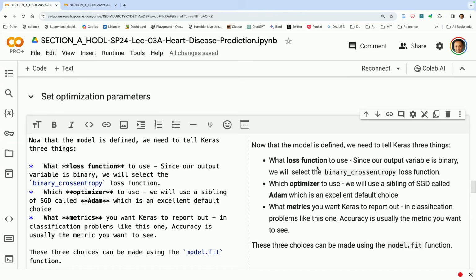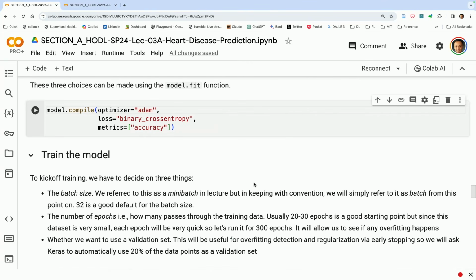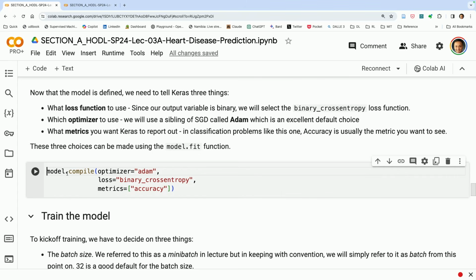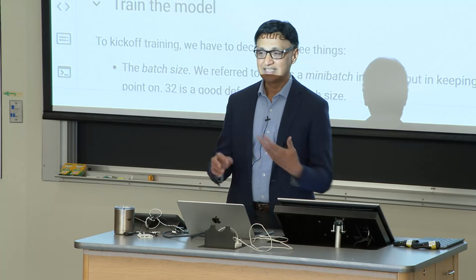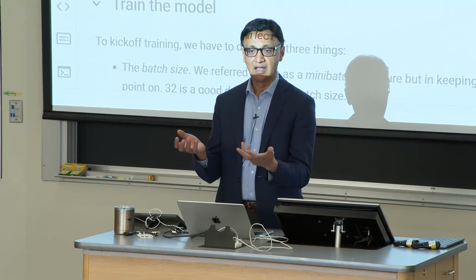So we'll just go with that metric. And so what we do is we tell Keras, take the model we just built and compile it with this choice of optimizer, this choice of loss function, and these metrics. And this compilation step, Keras will take this information and take the model you have built, and